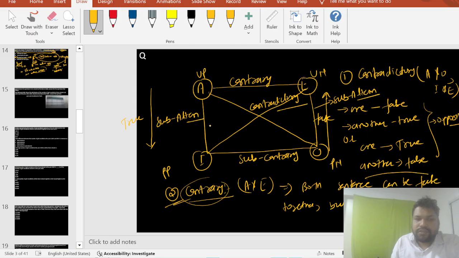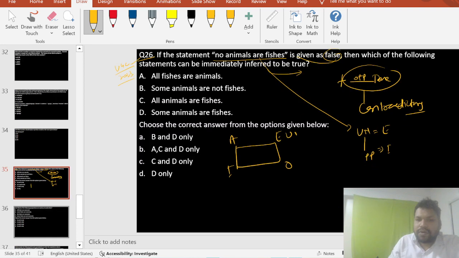So "no animals are fishes" means this is the UN, the universal negative. And UN's opposite is what? The UN is indicated by E, and E's opposite, here I can say, is I. I means PP. Just get the diagram here. This is called AEIO. So this is the UN sentence, and the UN's opposite is PP. You need to search for the particular positive. The particular positive means I can say